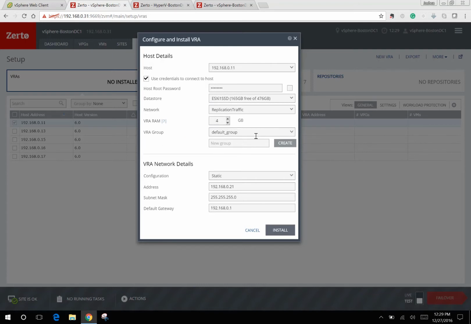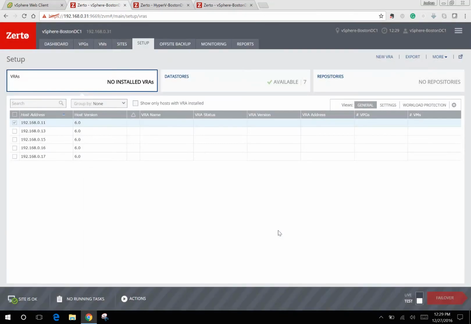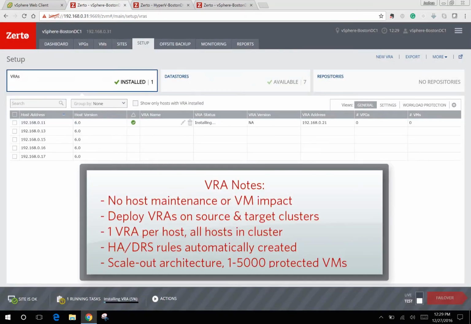gigabytes if required. The VRA group should be created if you're protecting and replicating between multiple data centers in the same vCenter. If you're just going between vCenters or System Centers, you don't need VRA groups. Then we need the IP information. This can be DHCP, and we recommend a reserved IP, or you can just set a static IP as you see here. We click install, and with no maintenance mode, no downtime, Zerto is going to automatically deploy the VRA